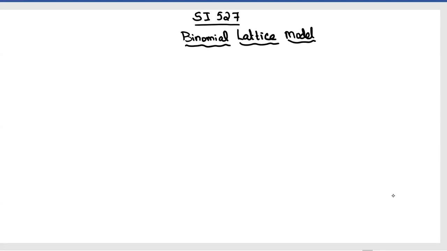Well, students, in the last lecture, we have just started with the binomial lattice model. We told that the model works with the assumption of the efficient market hypothesis, which says that the current price of a stock always reflects all available information and will change only with the arrival of new information. With this assumption, we will never worry about the past history of the stock. We only start with the present price of the stock and worry about the future of the stock. Let's try to build the model.